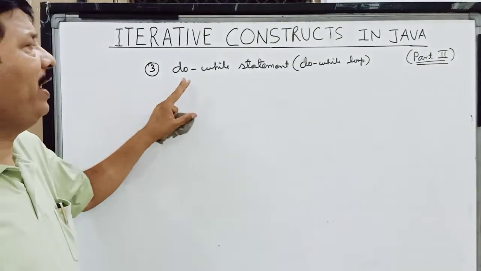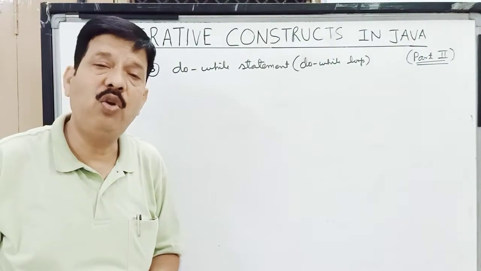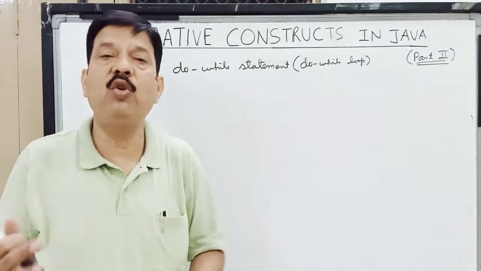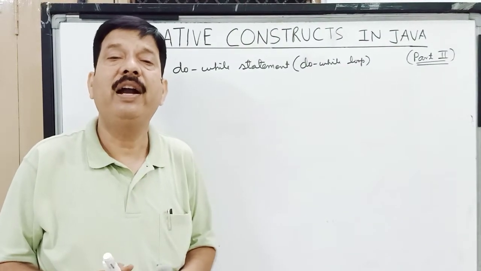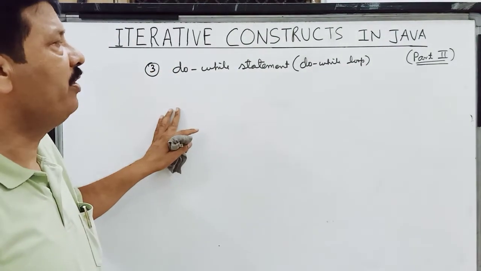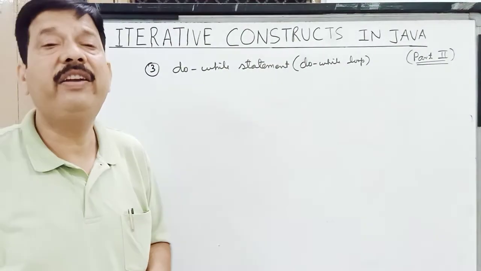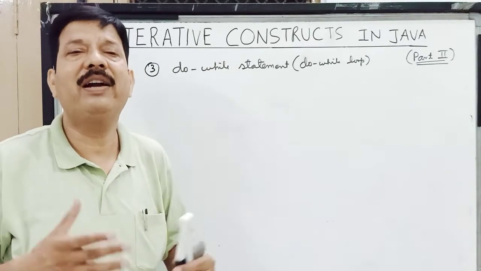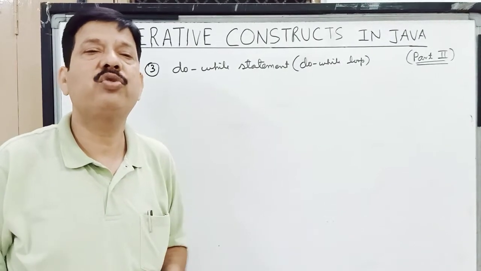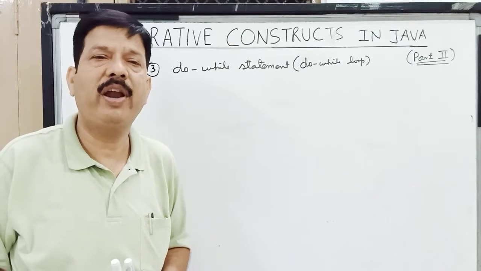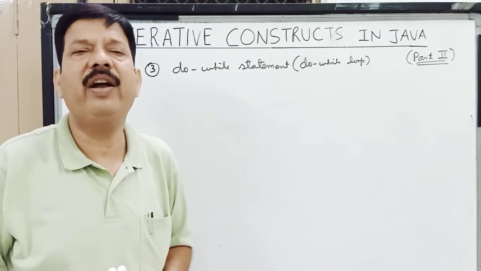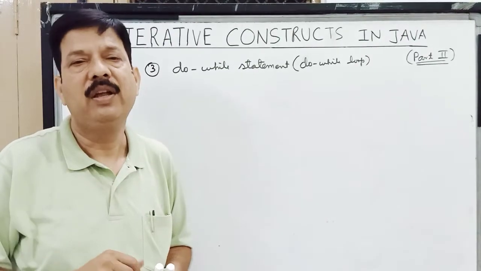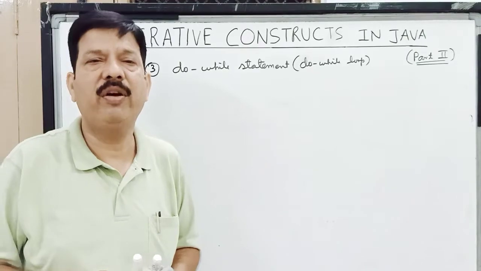Now children, do while statement is a conditional looping statement. As while is a conditional looping statement, this is also a conditional looping statement, since it forms a conditional loops in the program. And children, this do while statement, it structures or it forms exit control loops. So we say that do while is a conditional looping statement, and it is used to structure exit control loops in the program. And there is one very important thing regarding this loop, is that this loop gets executed at least once, since the test expression is after the body of the loop.